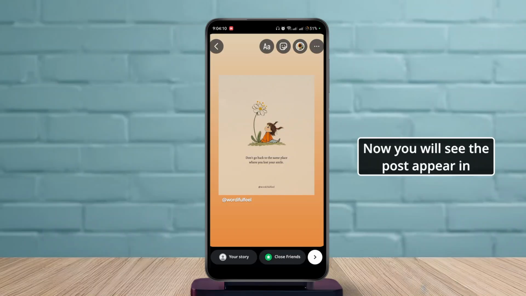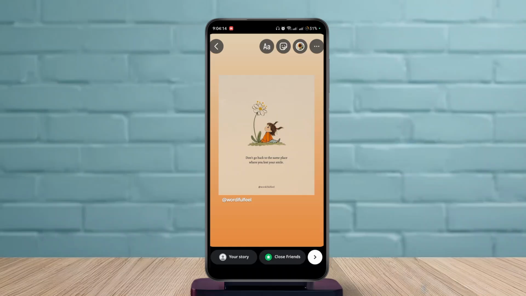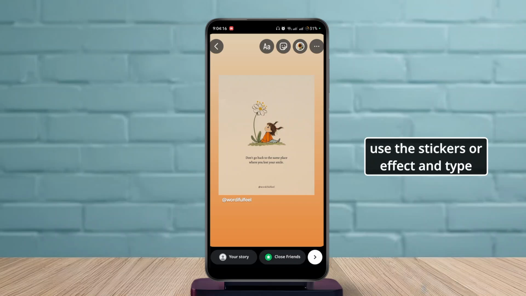Now you will see the post appear in story preview mode. From here, you can easily add music, use stickers or effects, and type some text and customize it however you like. Once ready, tap on your story or the arrow icon at the bottom right corner to publish it to